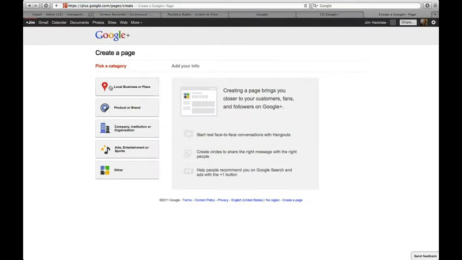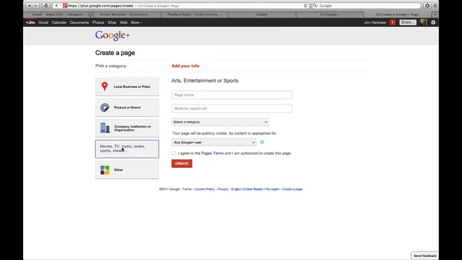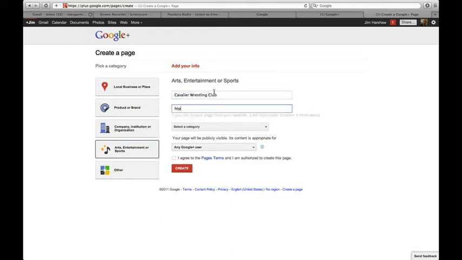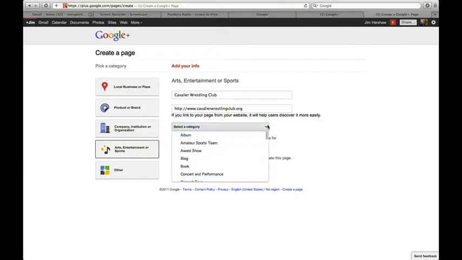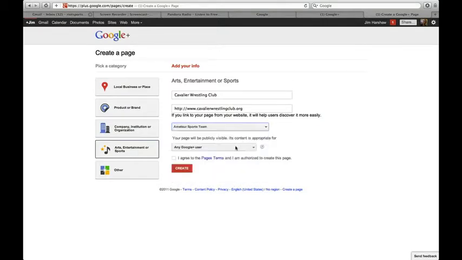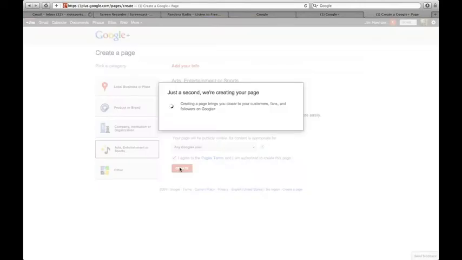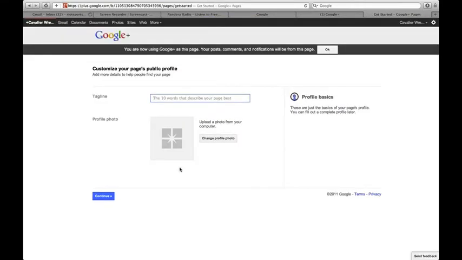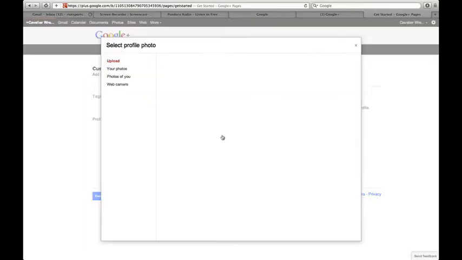If it's a team, you're going to go down until you find arts and entertainment. Click that. You can see sports, and it's going to ask you for your page name, your website. Select the category, and there's one for amateur sports team here, and then just agree to their terms and conditions. Put in your tagline, upload your profile photo,